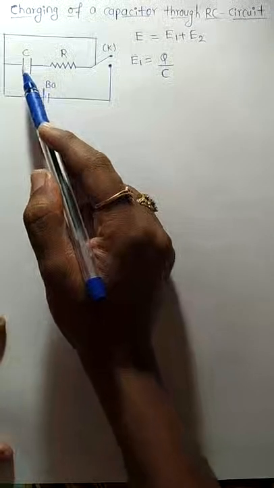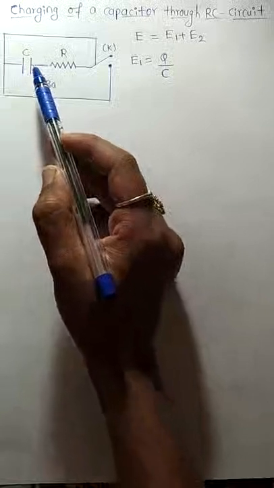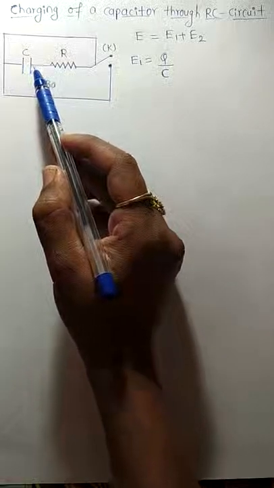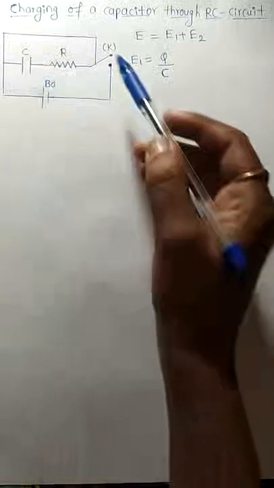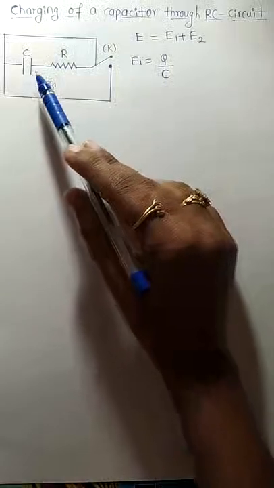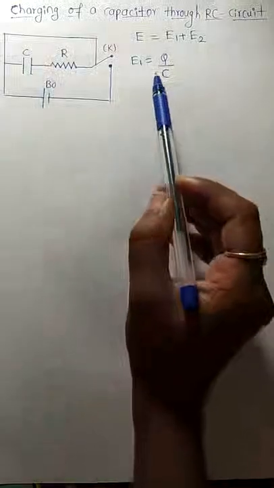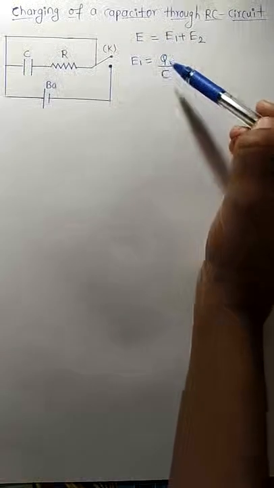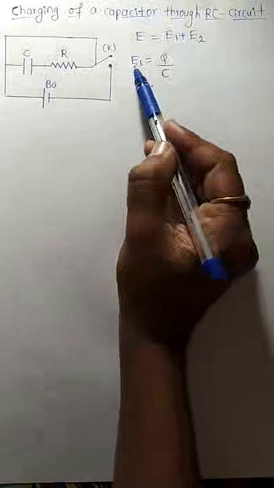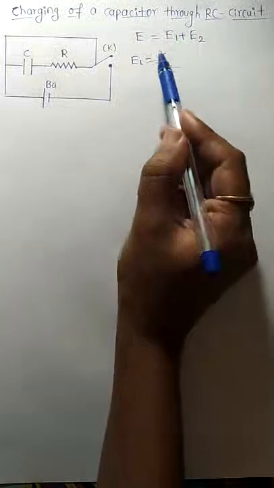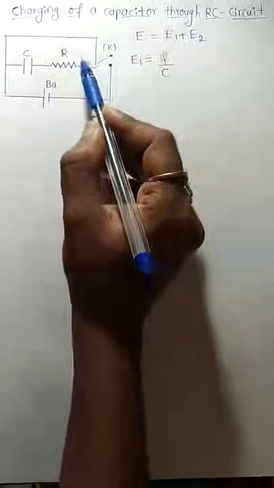We measure it in terms of farad. If its ability is low, then it will store fewer charges. If its ability is more, then it will store the maximum amount of electrical energy, isn't it? So C is the ability of a capacitor to store electrical energy, how much it will store, that ability is shown by C. So when you consider Q divided by C, that gives the voltage across the capacitor. You already proved this equation in PUC class. Now in the same way we should find E2.